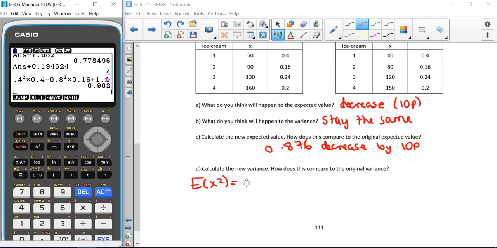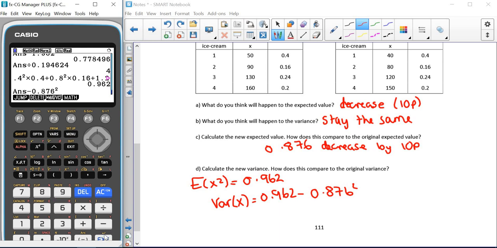So that gives us 0.962, which means for our variance, which is E of X squared, that 0.962 minus our E of X, our mean, squared. So that gives us minus 0.876 squared,